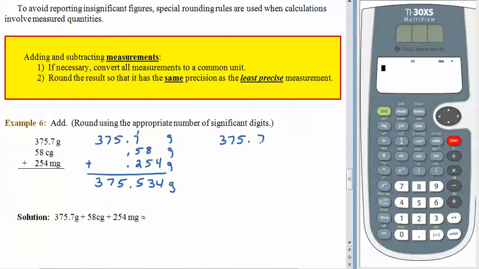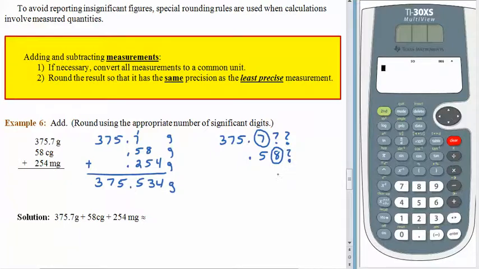375.7, 7 in the tenths place, and that's questionable, right? That may or may not have been rounded up. It could have been a 6, depending on what's here, which we don't know. And we also don't know what's sitting in the thousandths place. These 0.58 grams, we have a decimal point, there's a 5, there's an 8. The 8 is questionable because it could have been rounded, and we have no idea what was in the thousandths